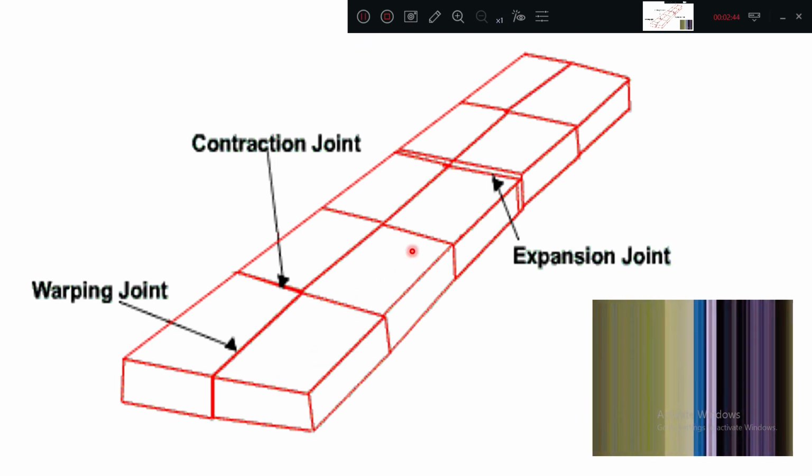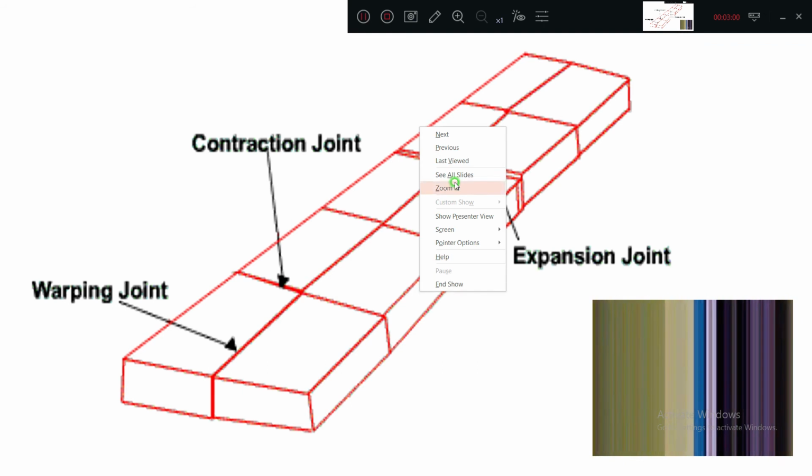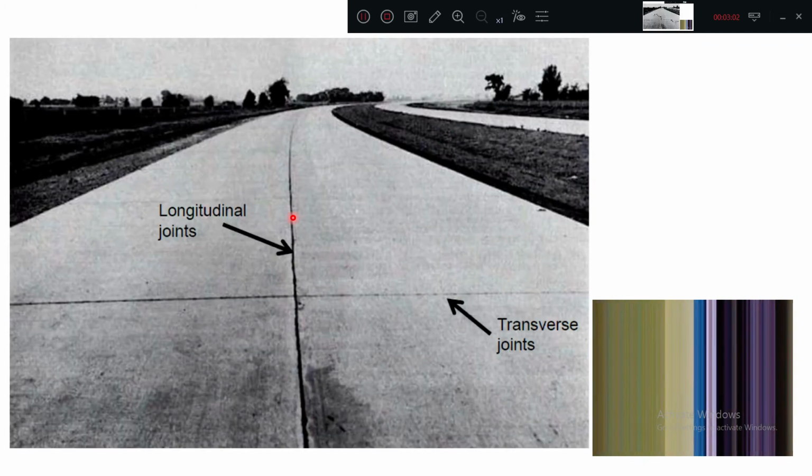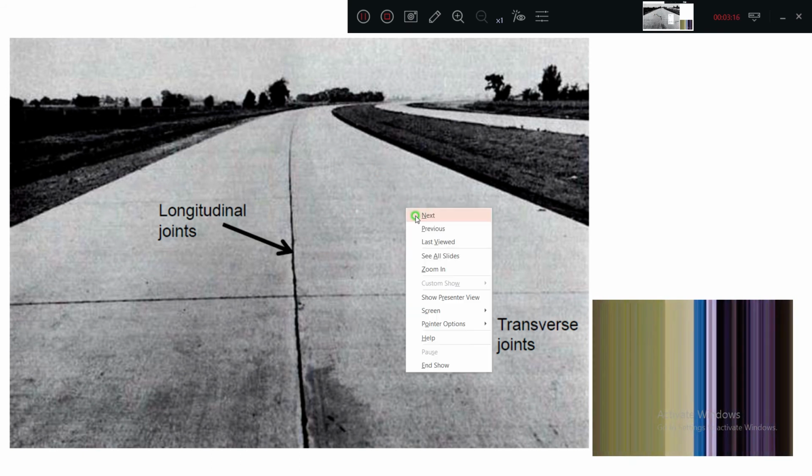Similarly, the calculated contraction joint spacing, LC, will be in meters, but the height and so on are in centimeters. Some values are in centimeters, some values are in meters. You should remember. Okay, now going to the next slide. This was explained in the last one. This is called longitudinal. This is called a transverse joint. In this transverse joint, we generally call it an expansion joint. If very small gaps are there, then it's called a contraction joint.